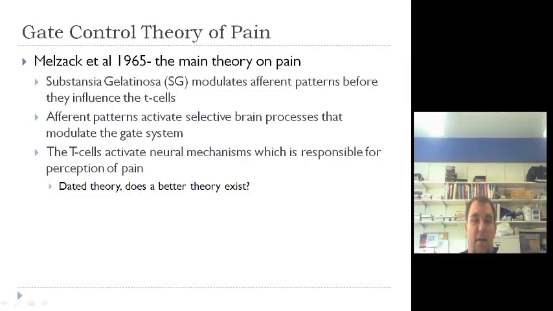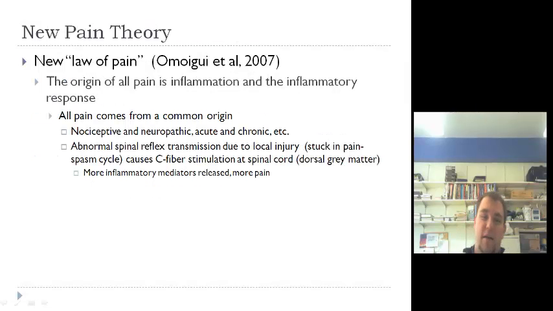Does a better theory exist? Yes, I think so. When I re-researched a lot of these things, even my first attempt at this, I found a couple different articles that I just didn't understand, I guess, and I just didn't take the time to actually sit and try to understand them. The one article that I happened upon this time and like the best is Biomechanical Origin of Pain, proposing a new law of pain, a 3-part series. I only talk about the first part really in this.